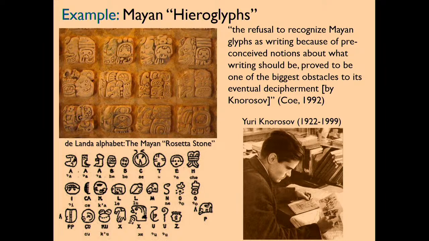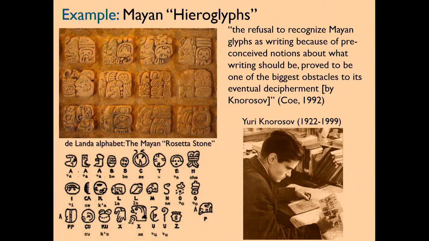And last but not the least, I just wanted to mention another wonderful example of decipherment which did not use a bilingual, which is the decipherment of Mayan hieroglyphs. Mayan hieroglyphs were not deciphered for a long time, primarily because people didn't suspect that these glyphs could actually represent writing. So the refusal by archaeologists to believe that these glyphs were not just a pure decorative element and could represent writing actually proved the biggest stumbling block, until eventually the Russian